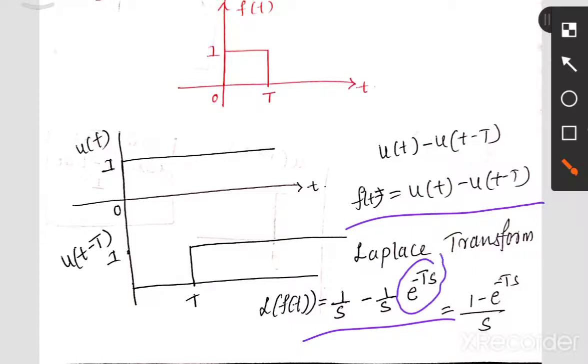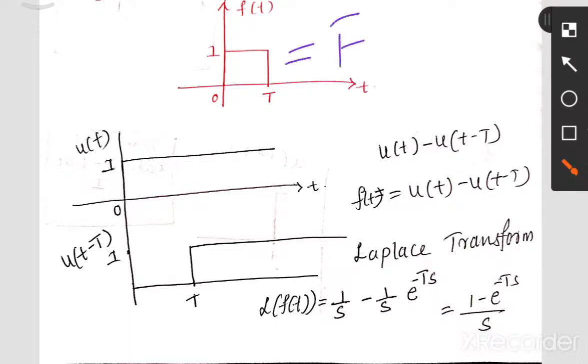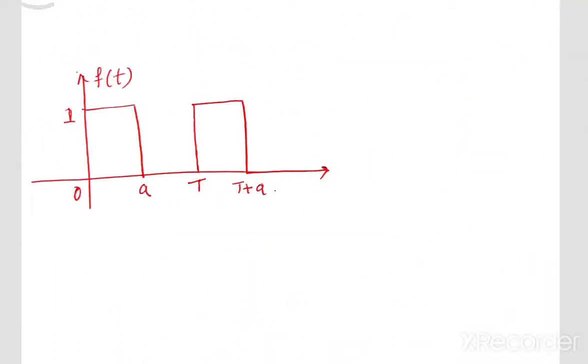Then we have a unit ramp function. We can define it with slope equal to 1. That's it. Where a was the slope, here it will be equal to 1. Therefore we can define a as 1 now because the slope is 1. So the ramp function will be defined as r of t. r of t will be equal to t for t greater than or equal to 0, and this is 0 when t is less than 0.